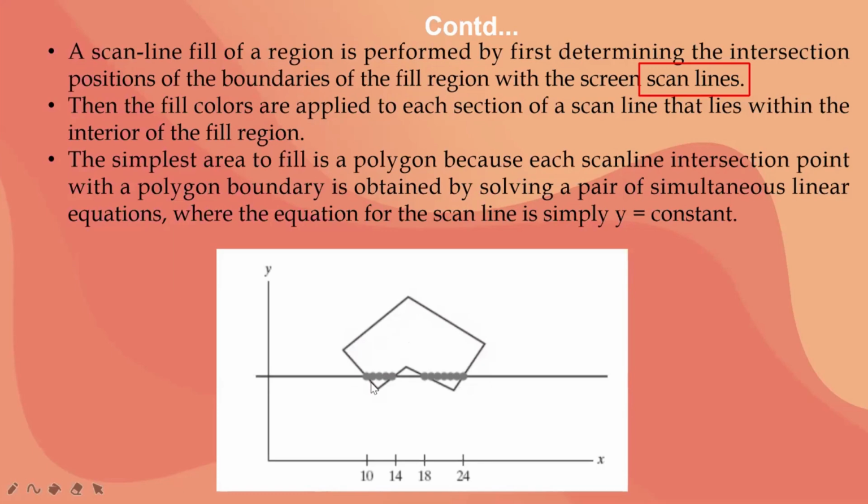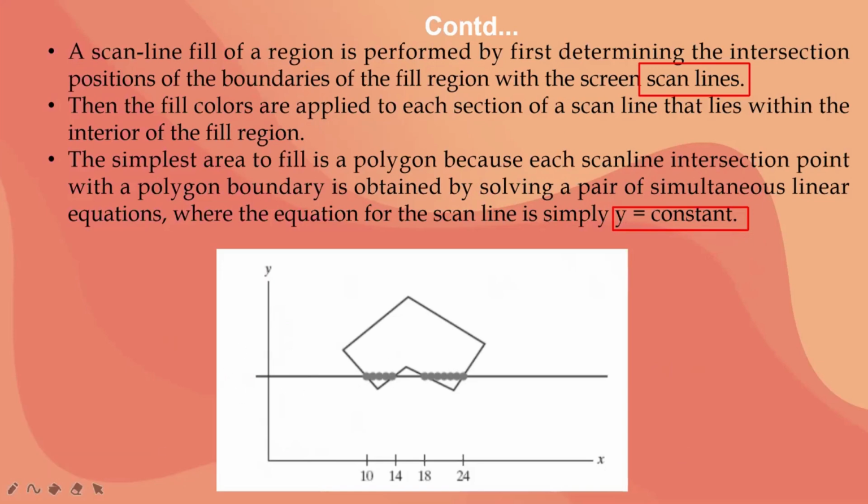Now how to do that? We first have to find the equation of the scan line. Here you can see in this example, the scan line is parallel to the x-axis. So y is not doing anything, y is constant here. I have written here that y is constant. You have to look at your image or figure, whatever has been given. According to that, you have to find the equation of your scan line first.